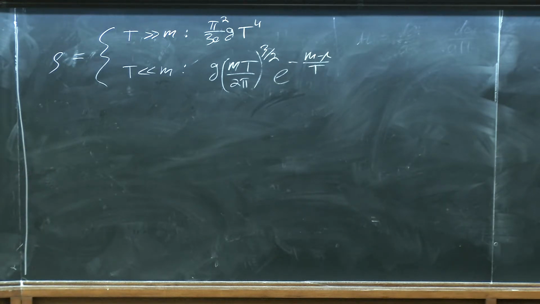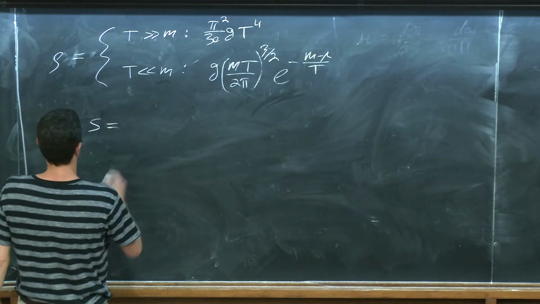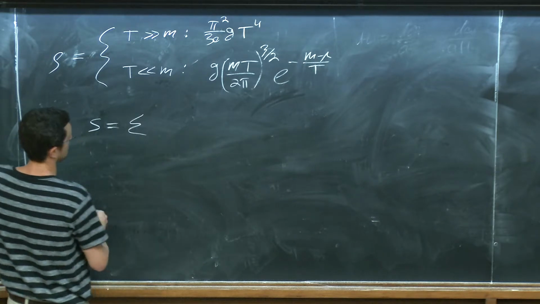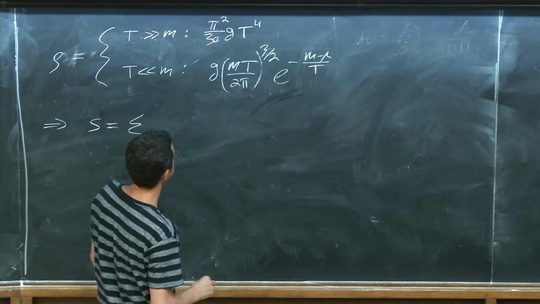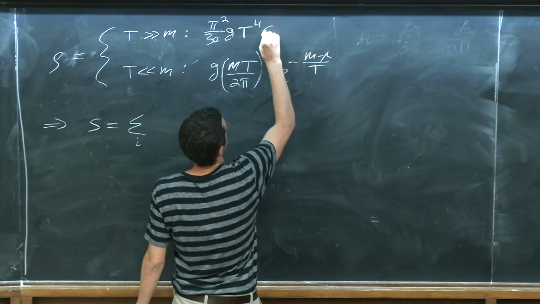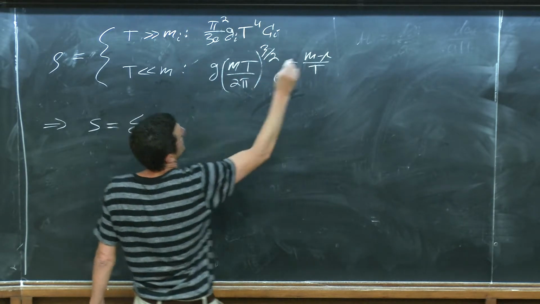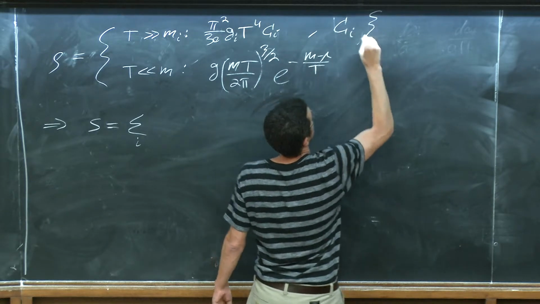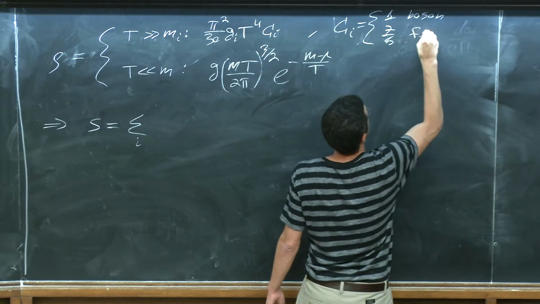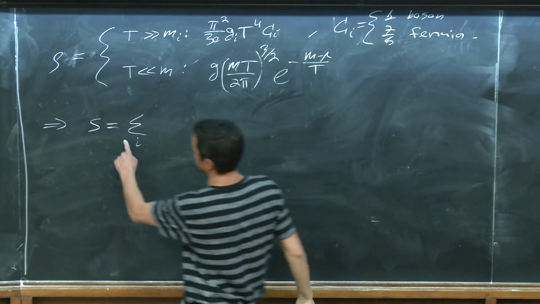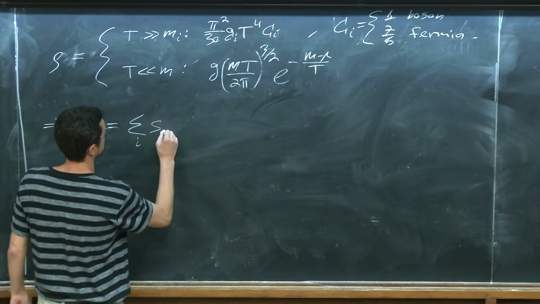And ignoring for a moment chemical potentials, the entropy in this case of this plasma will be the sum over the particles interacting with the plasma. So I should have here a constant. Let's call it Ci, if this was gi. And this Ci is 1 for a boson, and it's 7/8 for a fermion. And now I can finally write what I want. So the total entropy is the sum of the entropies